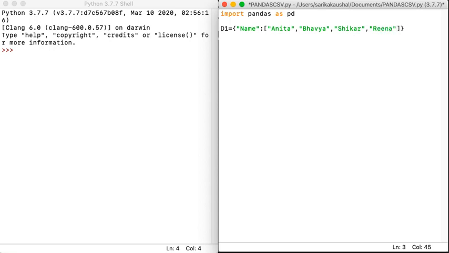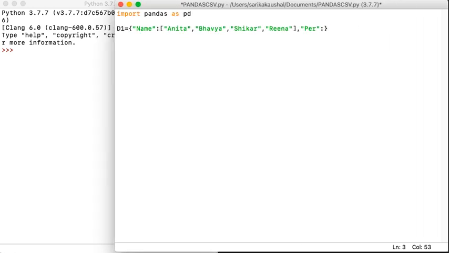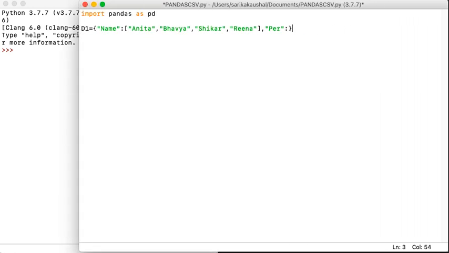All right, so this is the list of the names. Then apart from that, I have the percentage of the children, again in the form of a list for these four students. So it's say 89, 88, 78, and 79.